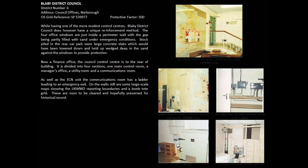Blaby District Council. District Number 6. Address: Council Offices, Narborough. OS Grid Reference: SP539977. Protective Factor: 500. While having one of the more modest control centres, Blaby District Council does however have a